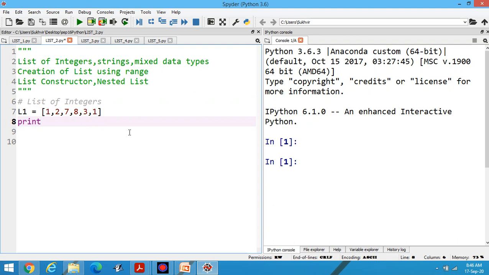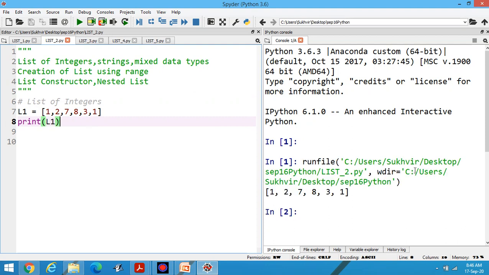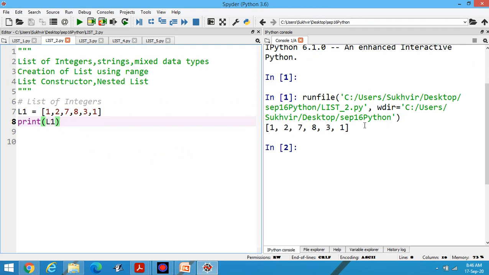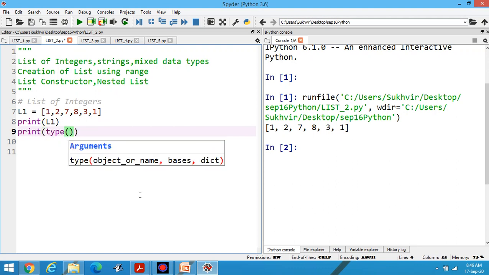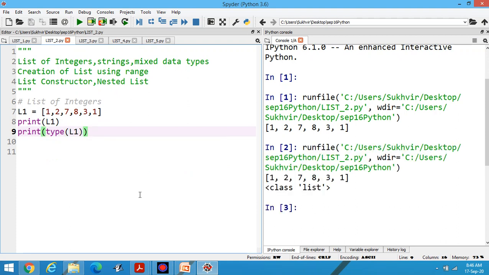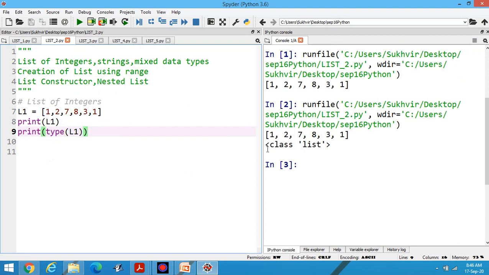Suppose I write print L1, then you can display the contents of the list, 1 2 7 8 3 1. If I write here print type L1, now execute, you can see the class of the above data, that is list. This one is the first content, list of integer. How can we develop a list of integer?